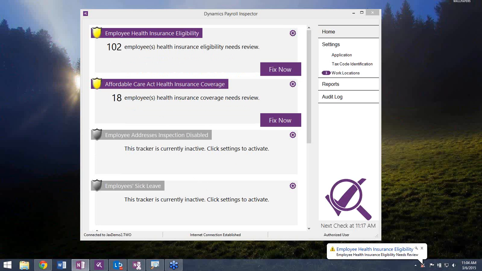The next piece of the puzzle when it comes to Affordable Care Act compliance tracking and reporting is the actual reporting piece. Our system is also going to help build the electronic version of the 1094-C, which is the form that needs to be submitted to the federal government starting next year.